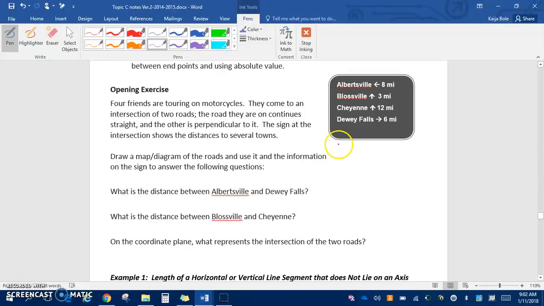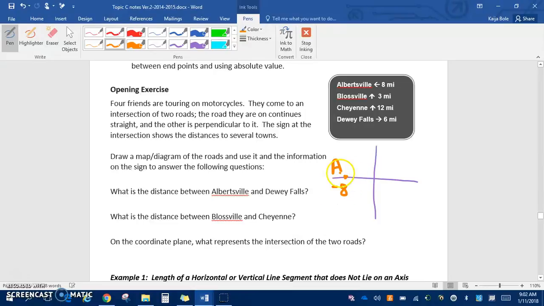Alright, so the first thing we're going to do is draw just a blank grid here. And this is what they're talking about in the first part. This is the intersection in the middle, which is also called the origin. So now we're going to put these 4 cities down here. Albertsville is 8 miles and it has an arrow pointing to the left. So I'm going to put a point here, in a different color. This is going to be a point, and this is going to be A for Albertsville, and this is at